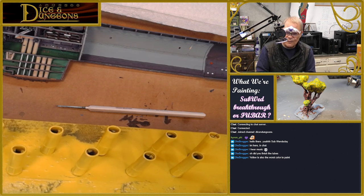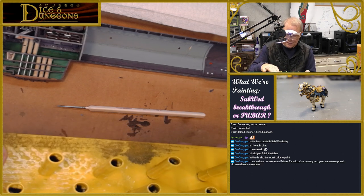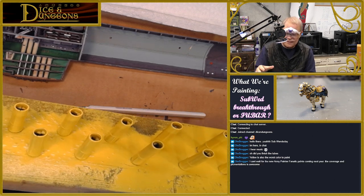But next week Wednesday, after I put a second coat on these and hopefully not a third, then I can go through the tedious process